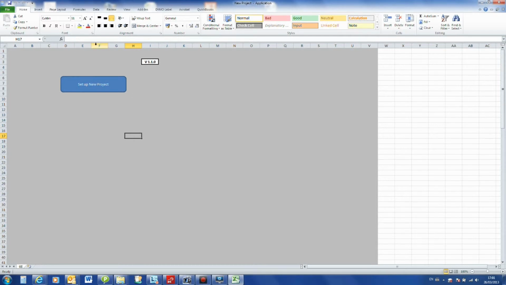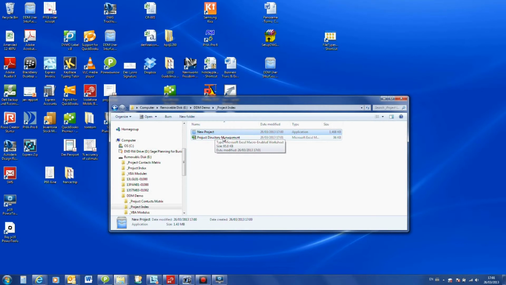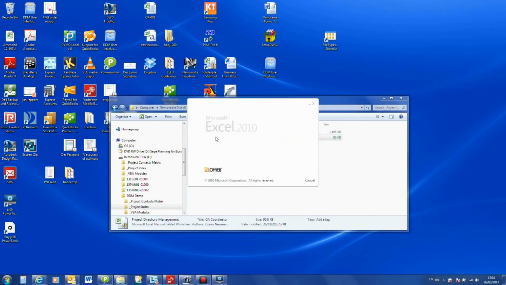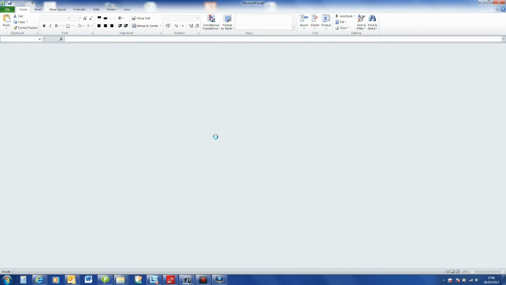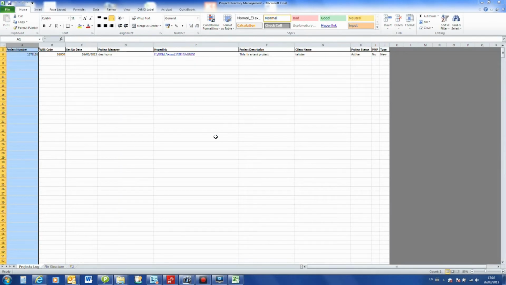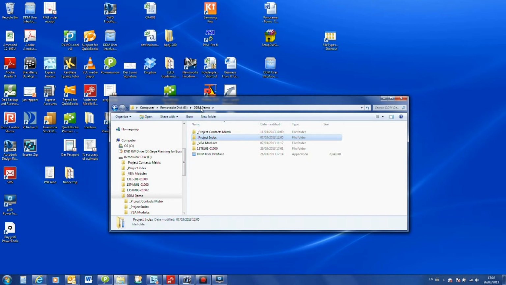We close that down. We also close down the application. This is then the file, the directory, if you like, where all of the file projects that are created are stored. You can create a shortcut to this file. The source file does need to stay where it is. And here we can see I set up the first project, and all of the information I entered is across here. Now if we look back in our